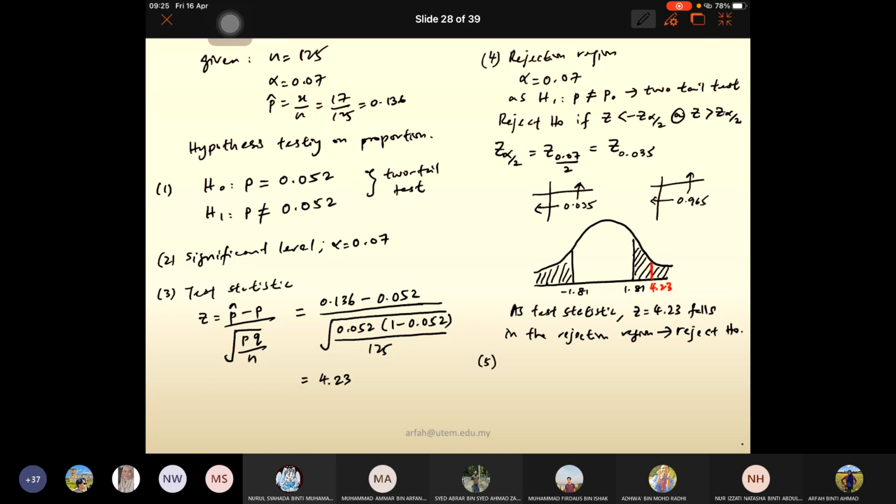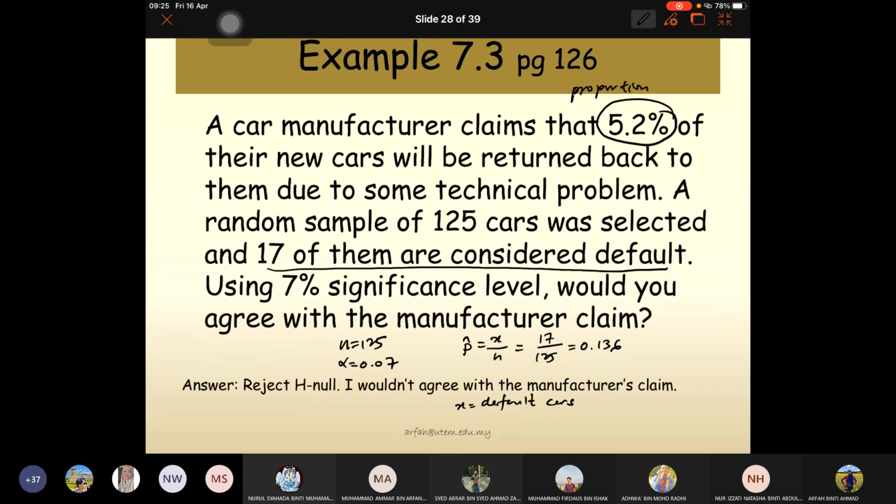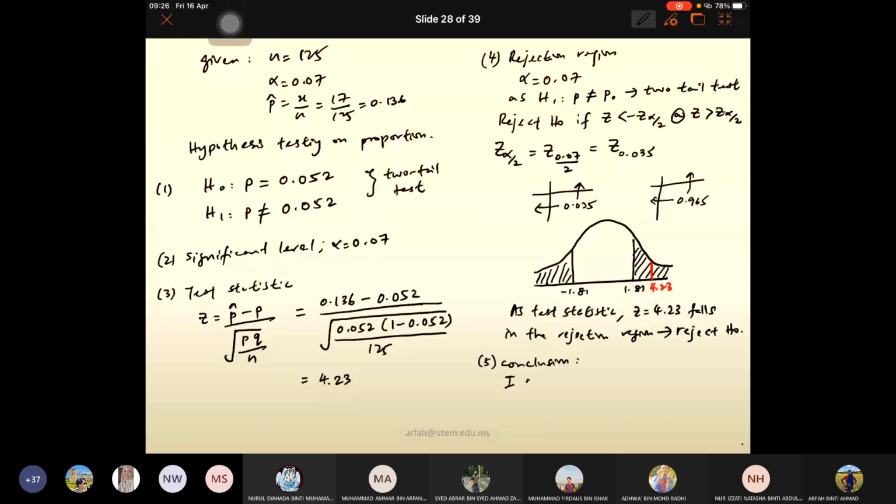Okay. So yang kelima, conclusion. Apa dia punya kata? Manufacturer claim 5.2%. Will you agree with the manufacturer claim? So soalan dia, will you agree with the manufacturer claim? So conclusion, I will not agree. Okay. I will not agree with the manufacturer's claim